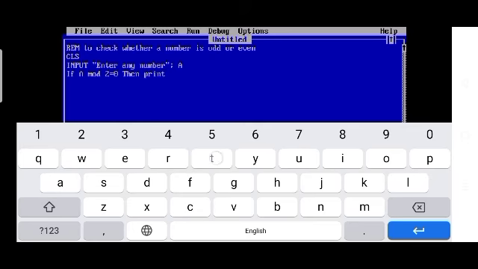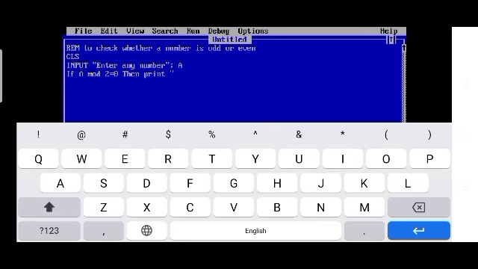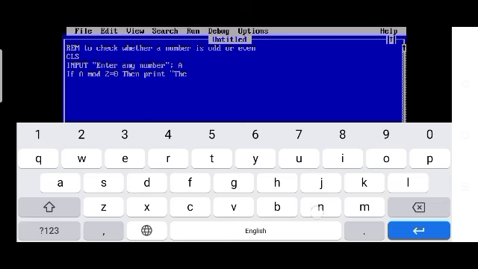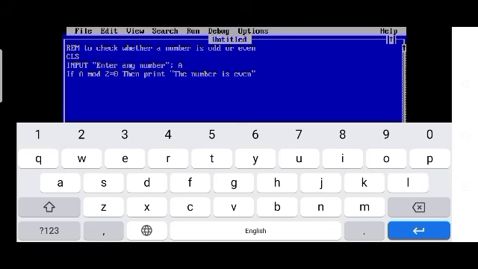What is a print statement? Then print "The number is even". Okay. Else, if it is not even, meaning the remainder is not 0, then what will print?